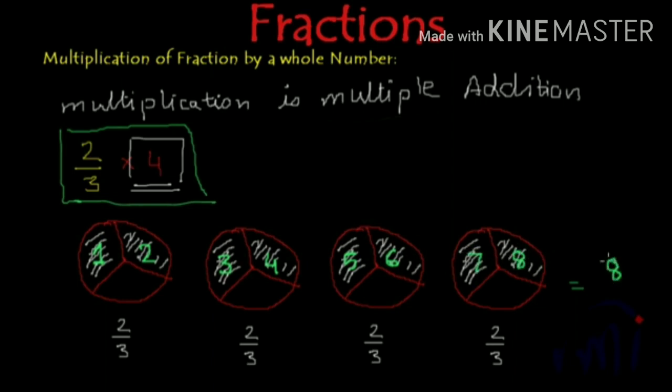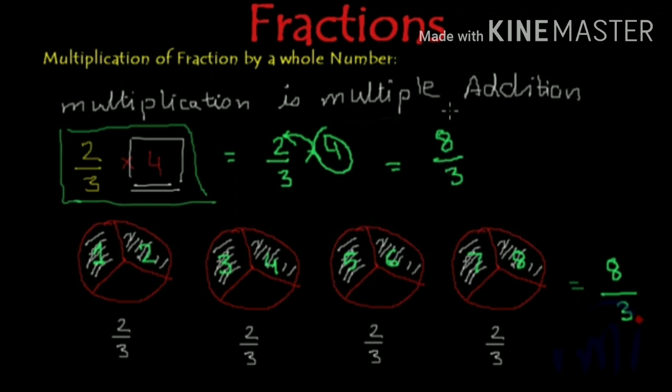Okay, now I believe you are coming to understand a little, I think so. So this 2 by 3 into 4 times is 8 by 3. You can see that 4 is the whole number and in the fraction 2 by 3, only the numerator 2 is multiplied with 4. So 2 into 4 is 8 and you have to keep the denominator as such. It is 8 by 3. Only the numerator you should multiply. Okay, the whole number you should multiply only with the numerator. So 4 into 2 is 8 and 8 divided by 3, you keep the denominator as such.